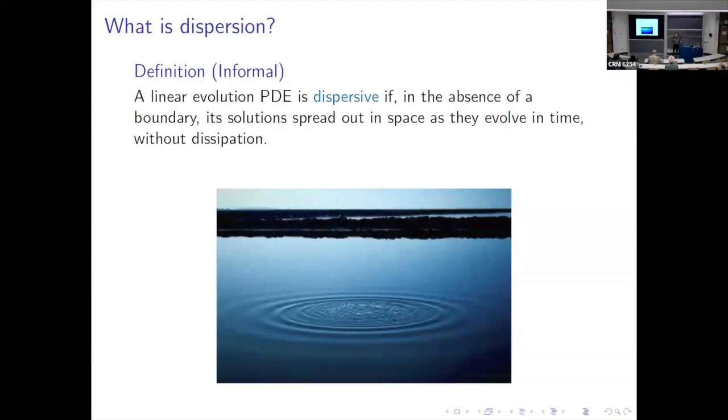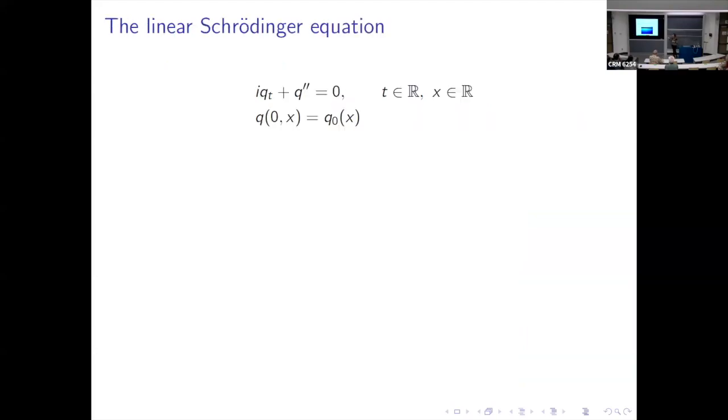To their amplitude to diminish and spread out. So that's the picture to have in mind. But of course, this is very informal, and this is a mathematical talk, so I should make that a little bit more rigorous. Okay, so let's look at the most famous example of a linear dispersive equation, the linear Schrodinger